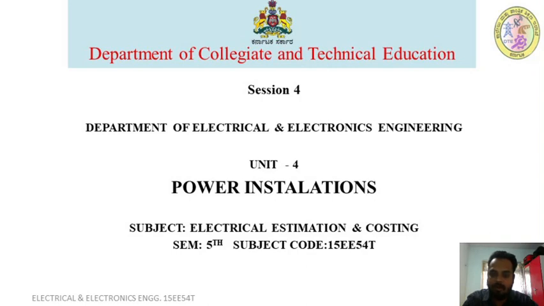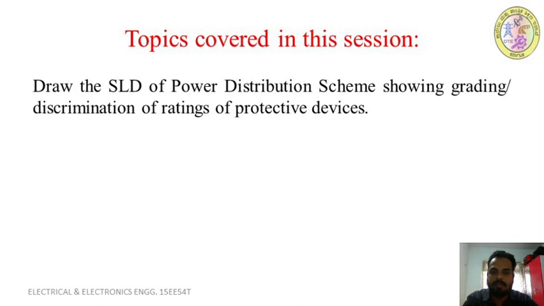Welcome to Session 4 on Unit 4, Power Installations, of the subject Electrical Estimation and Costing, 5th semester, with subject code 15EE54T. The topic covered in this session: draw the single line diagram of a power distribution scheme showing grading and discrimination of rating of protective devices. As in the previous sessions, we have discussed how to draw the single line layout diagram of